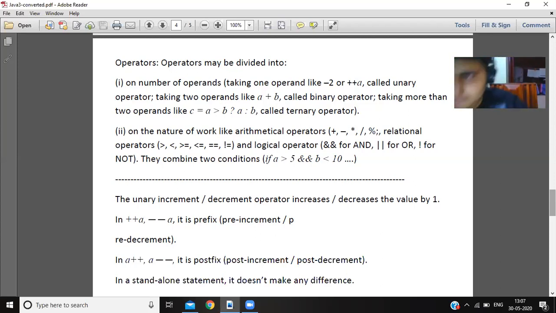Should not contain any space. First is that you cannot use special characters. You can use only your alphabets, A, B, C. You can use numbers. I can use A1, A5 like that, or AB1. You can use underscore, but not any other special character. So you can use underscore, letters, that is the alphabets, and numbers, digits. That is the only thing you can use.